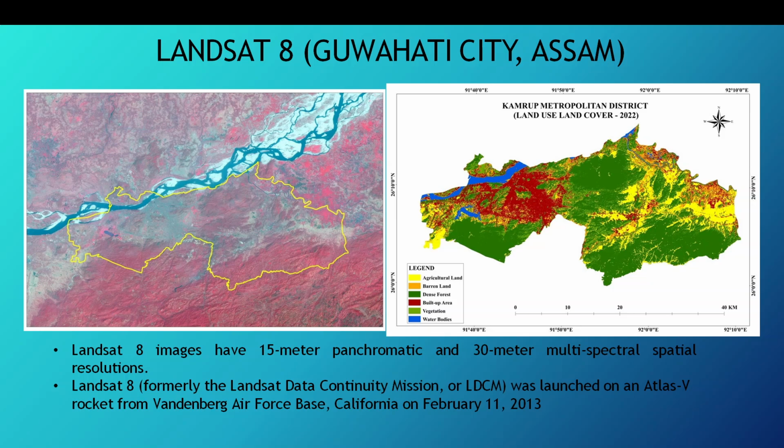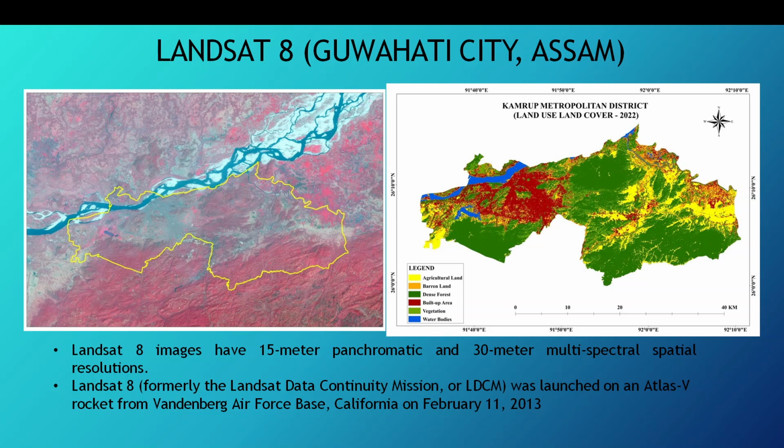This slide represents Landsat 8 imagery, an example of Landsat 8 imagery of Guwahati city, Assam, highlighting its capabilities and how it is used in land use classification. An overview of Landsat 8: Landsat 8 is also known as the Landsat Data